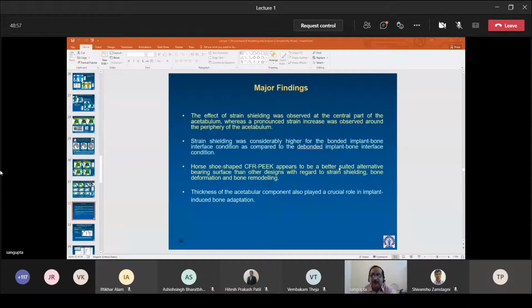Now let me move on with the, you had any other question, Shivanshu? In that comparison that we are making, I was just curious whether the experimental data that we are showcasing, did we do it on the actual bone or just the model that you made? No. We did it on an actual bone, but it was a